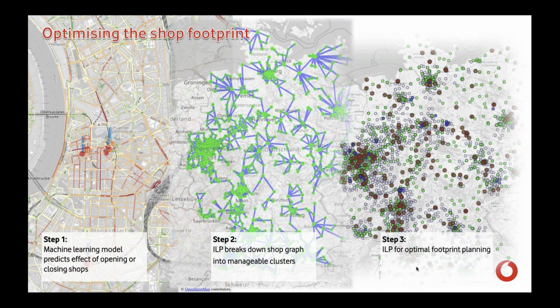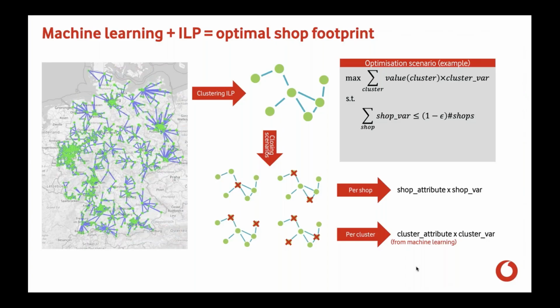And finally, if we run through the combinatorics of those clusters with our machine learning models, then we can set up a larger integer linear program. This is step 3, to actually find a countrywide optimal footprint. So let's look at this in a bit more detail. On the left-hand side, again, we have the full shop footprint graph, and again, we do a first ILP doing the clustering on it for us,